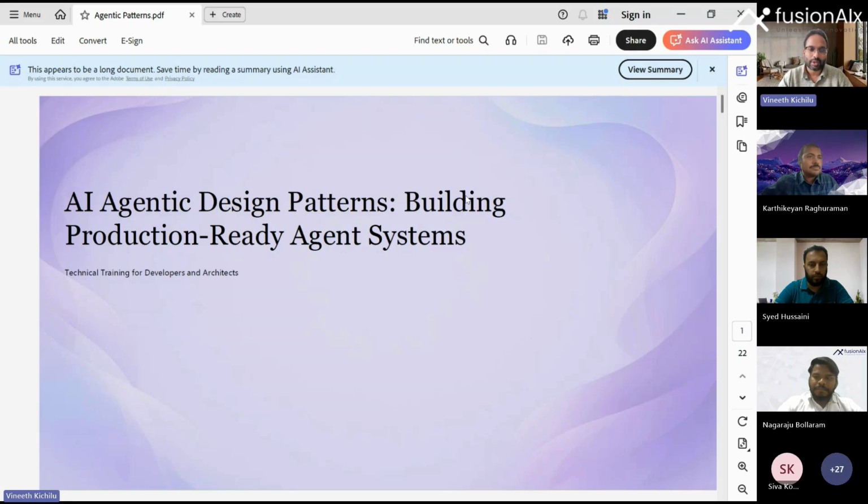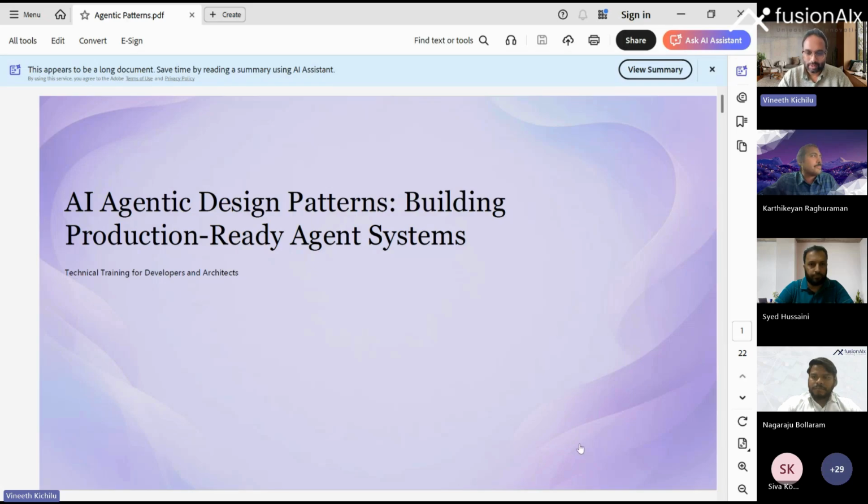What I want to do slightly different here is a bit of conversation along with Karthik. We are a bunch of highly enthusiastic people on AI. We're a group of ex-Microsoft, ex-Google, and also IITians in this call who are able to quickly understand different patterns, and also able to help our customers build them on their agentic journey, right?